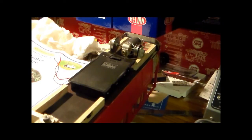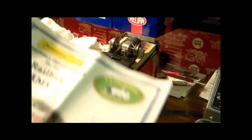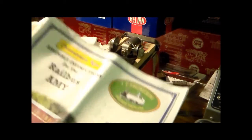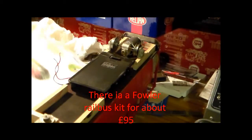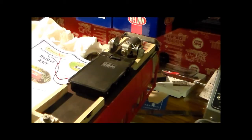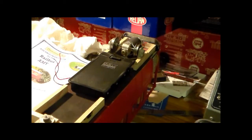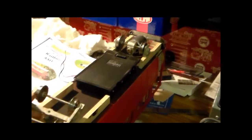That's fine. My problem at the moment that I'm looking to solve is with the bogie. This model, the railbus Amy, is no longer advertised on their website, so presumably it's no longer available. There is a railbus there. It's a little bit shorter, and doesn't have a bogie on it. It has two driven wheels at the back and a pair of wheels at the front. However, this one is fitted with a bogie,